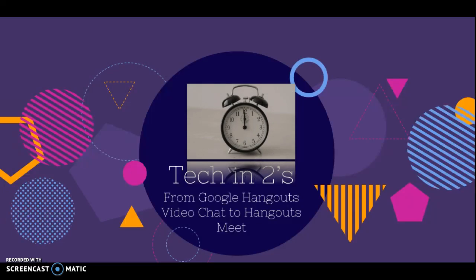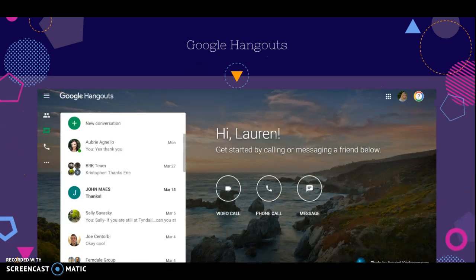This week in Tech and Twos, we'll look at a change coming that you may or may not have already noticed in Google Hangouts. So Google Hangouts is an all-encompassing name for both instant text message chats and video chats in Google. However, Google Hangouts in its current form will be retiring in October of 2019 and will exist instead